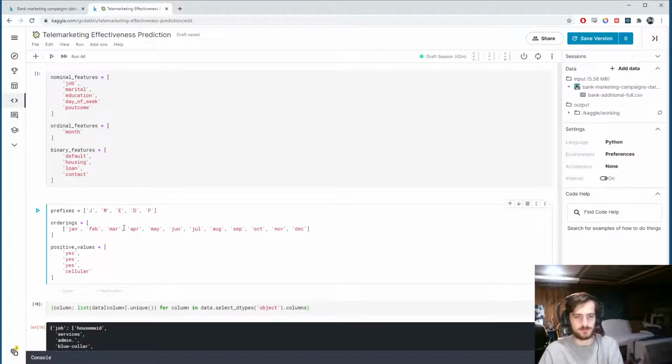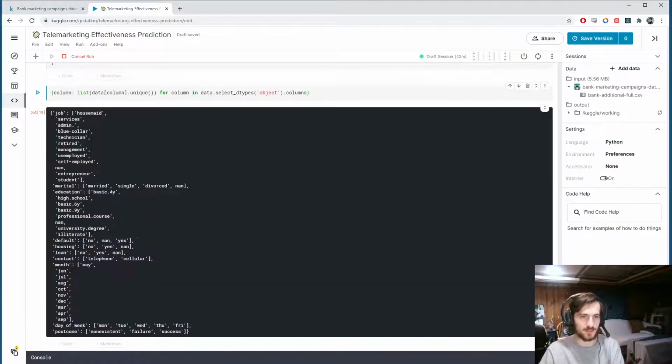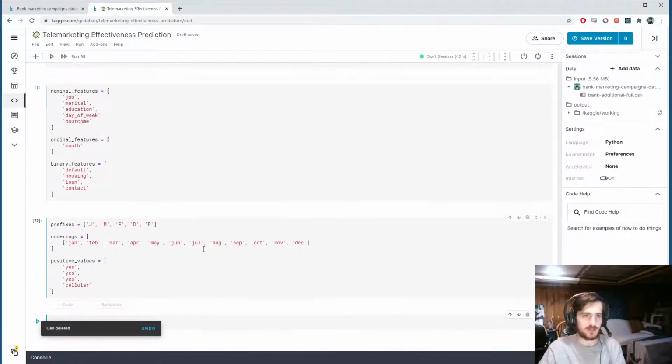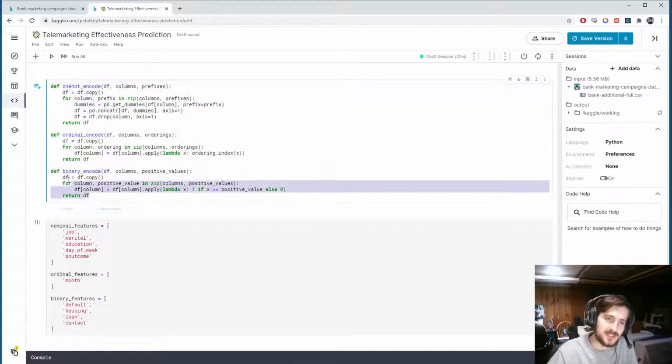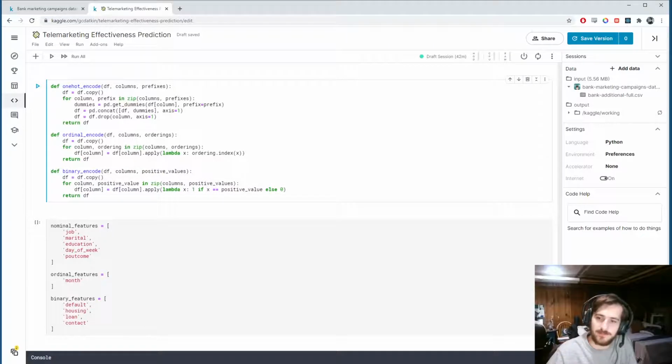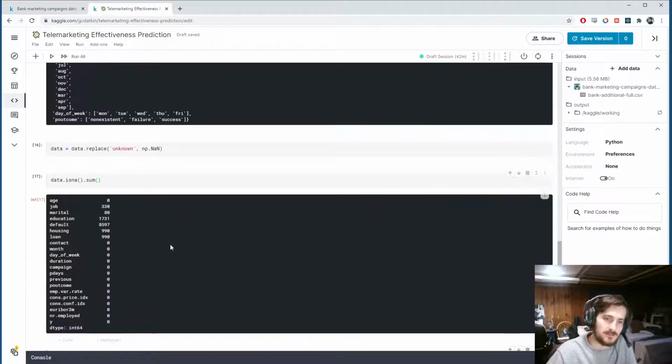Alright, and now let's run this. We can remove that, and we can apply the encodings. Oh, one more thing I actually forgot about. This is going to bring us some issues, because if we look at the missing values here,